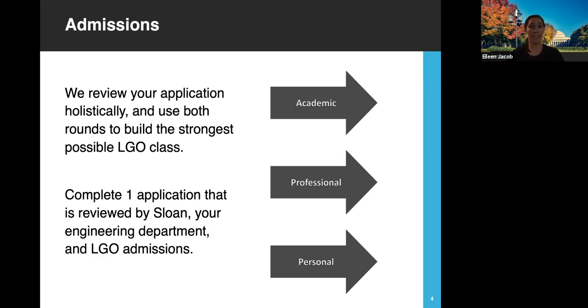Sometimes we get questions about the application process itself, given that it's a dual degree program across 2 different schools at MIT. But the good news is that you complete one application for LGO that's reviewed by the Sloan admissions team, as well as the engineering department that you're applying to, and the LGO admissions team. You can also apply through either the Sloan application or through the School of Engineering. Whichever you select will be considered your primary school, meaning that if you're not admitted to LGO, you'll then be considered for admission to whichever primary school you're in,